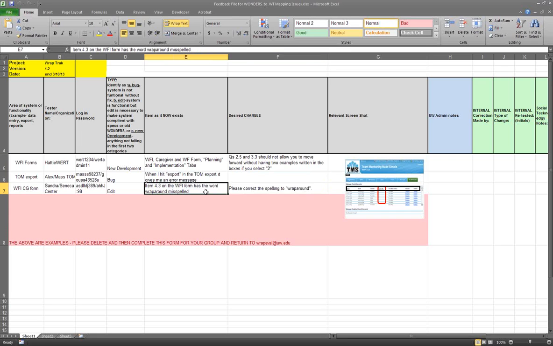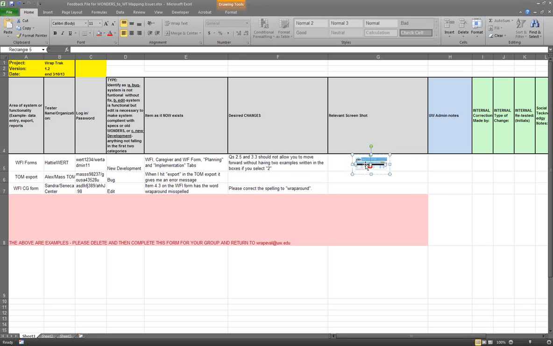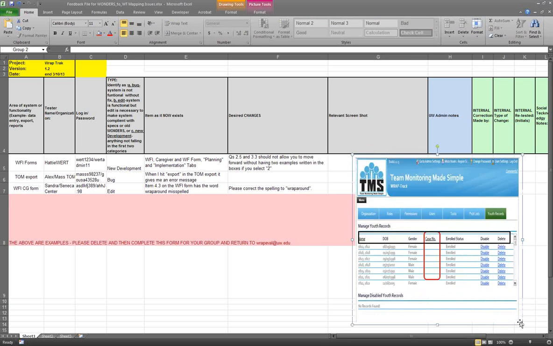And obviously here's a perfect example. This is spelled wrong, we want it to be spelled correctly. Very simple stuff. But finally, the last piece that you will want to include for these lines, and you can really make them as small as you can to get them lined up with the appropriate thing, would be screenshots of what's going on, where you were, where you saw the error,